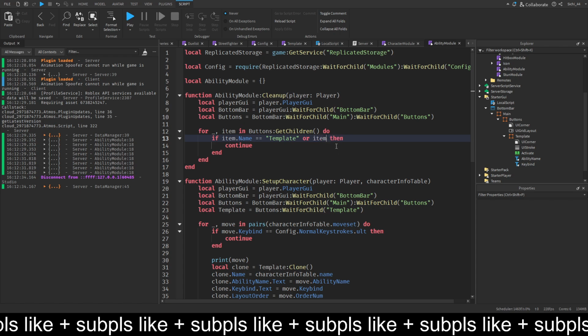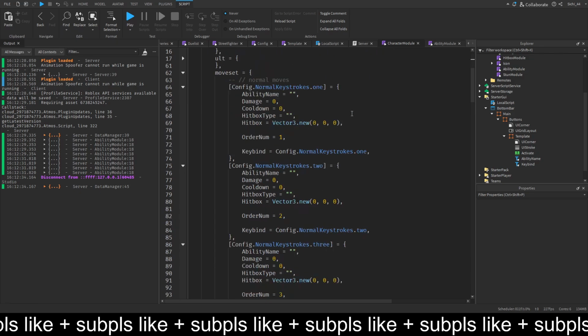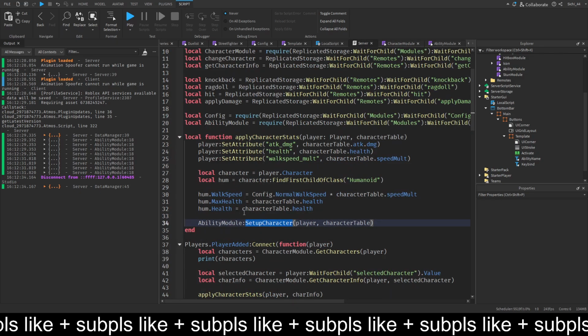Or item colon is a, we say UI grid layout, then we continue, and else we just do item colon destroy. See this, so we got a clean up here, and then the character module where we on the sub actually